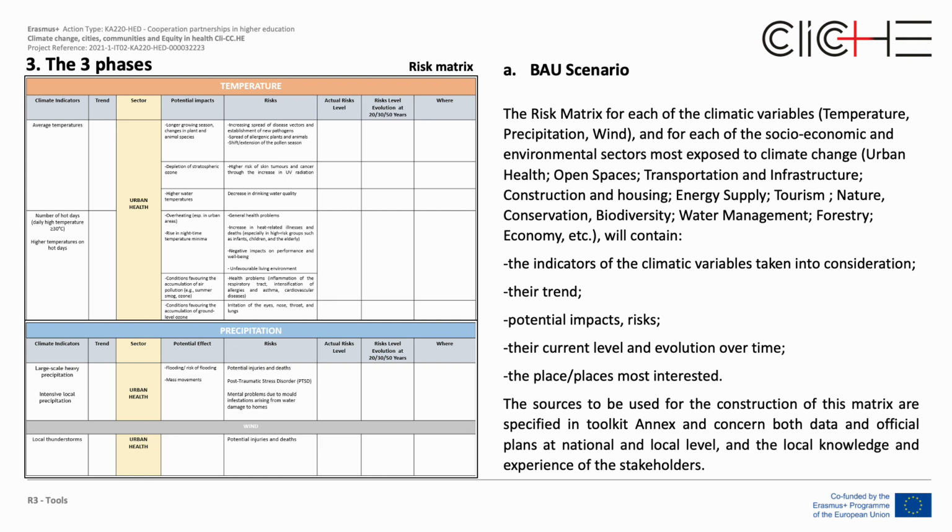The risk matrix, for each of the climatic variables, temperature, wind, precipitation, and for each of the socio-economic and environmental sectors most exposed to climate change, urban health, outdoor spaces, transportation and infrastructure, construction and housing, energy supply, tourism, nature conservation, biodiversity, water management, forestry, economy, will contain the indicators of the climatic variables taken into consideration, their trend, potential impacts, risks, their current level and evolution over time,